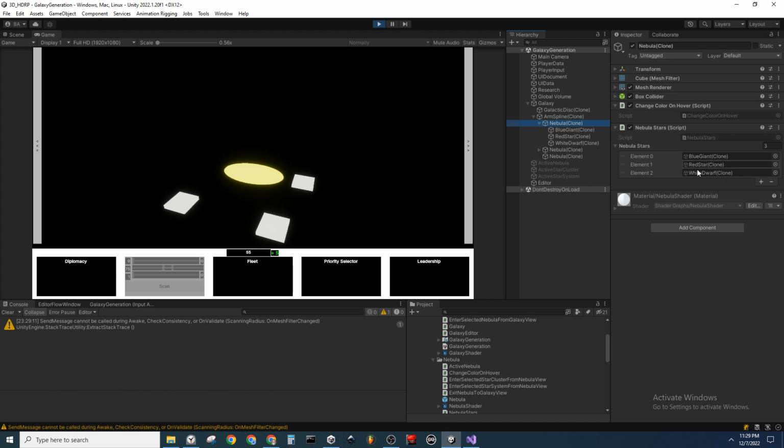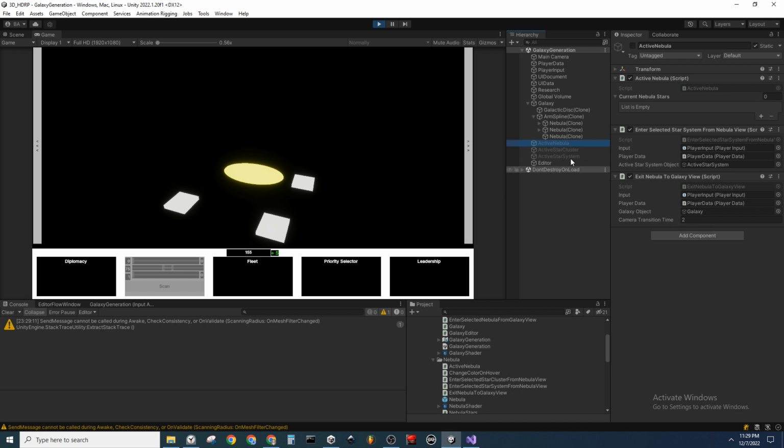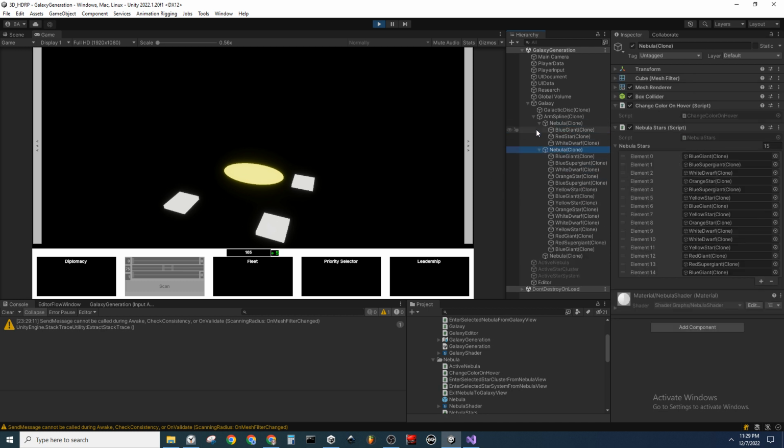And that integer array just picks the index of the star, and then anytime that nebula is selected, active nebula pulls in that array and instantiates each of those instances. And then anytime we leave the nebula, we just delete the active instances in active nebula, but these don't change. So the way I've done it is more high level, but